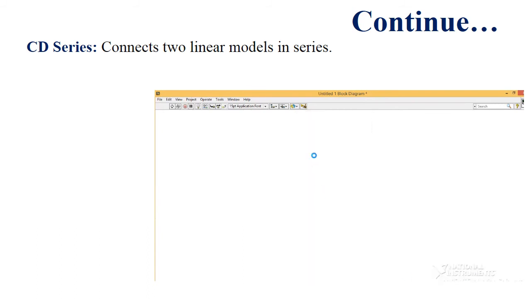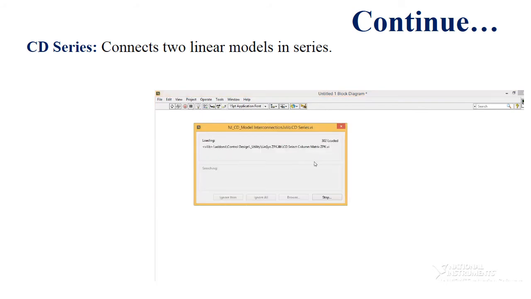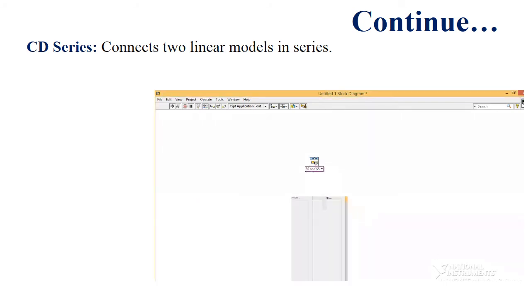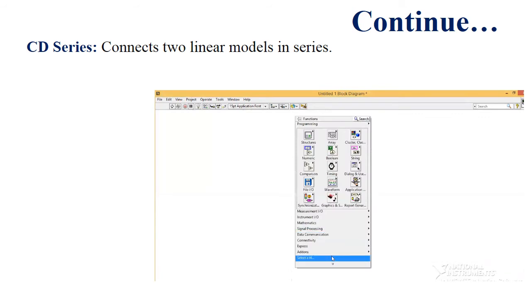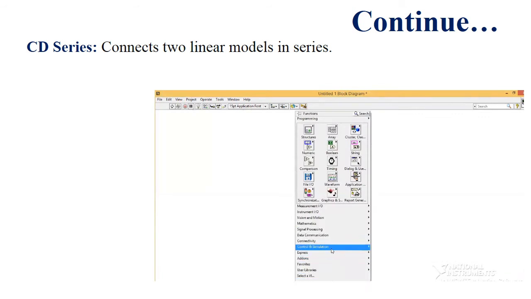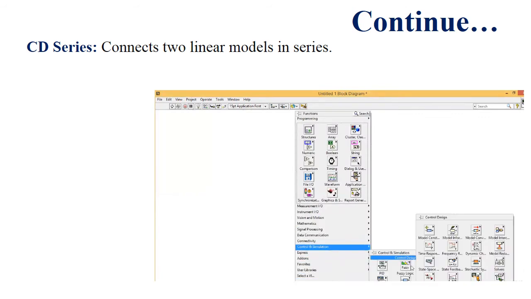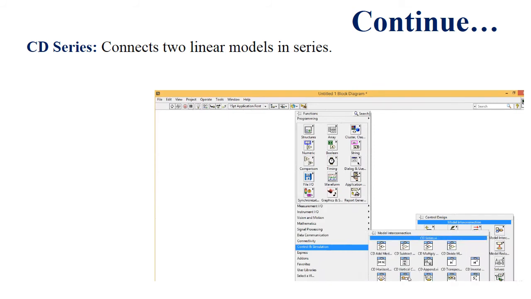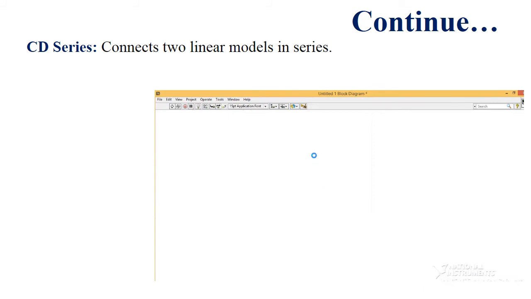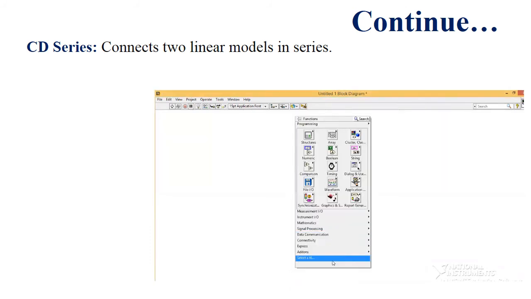Write data to the model 1 and model 2 inputs to determine the series connection between two models. You can find this block by right clicking on the block diagram. The function palette will open, then move towards Control and Simulation, then Control Design, and then Model Interconnection. Pick the icon and place it on the block diagram of LabVIEW software.